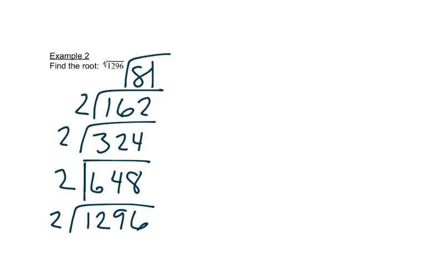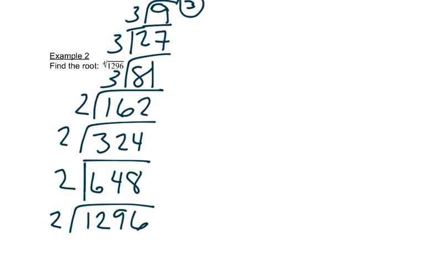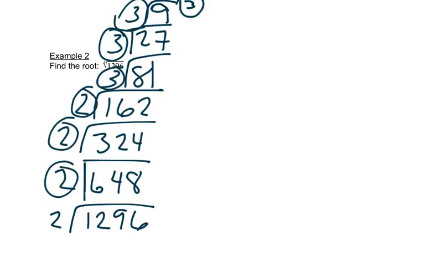Now 81 isn't even, so I can't divide it by 2, but let's try 3. That gives me 27. Let's try 3 again. It will give me 9. And one more time, 3, which would give me 3. Now once this number on top is prime, I know I'm finished. And I want to use all of these numbers that are on the outside. So what this really gives me is the 4th root of, and I'm going to write all of these outside